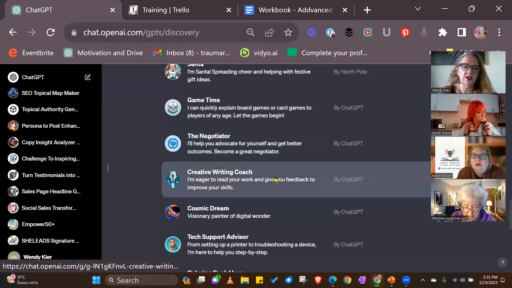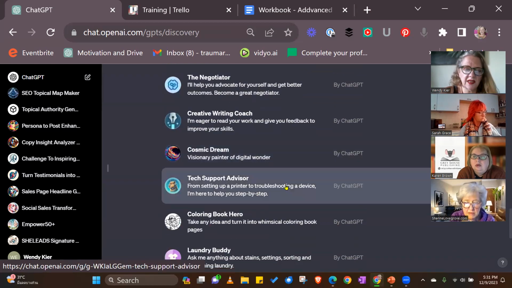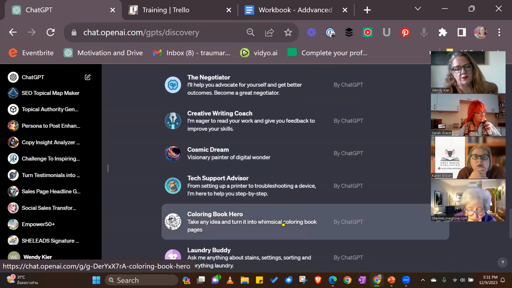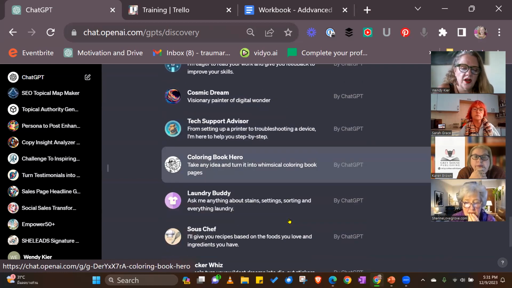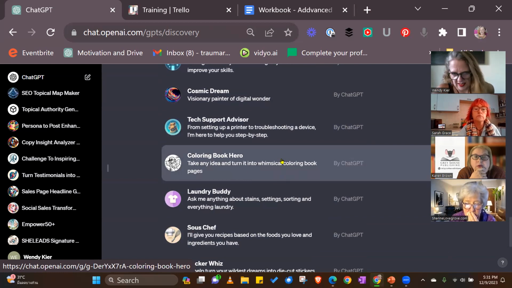Creative writing coach. They've got images. They've got Karen. This is one that's fun. They've got a coloring book hero, but it does it in children's coloring. So when you ask for it to create a coloring book template image, you have to put in create it as an adult coloring book, and then it will create it as an adult image rather than a child image.